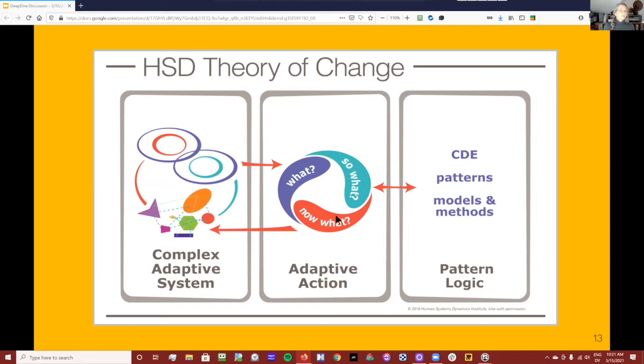If you actually engage with the patterns with some intentionality, engage with the agents with some intentionality, you can start to shift the patterns, and then those patterns start to shift the system, and that becomes a feedback loop that can shift the way the system works. So that's the beginning part of the theory of change.